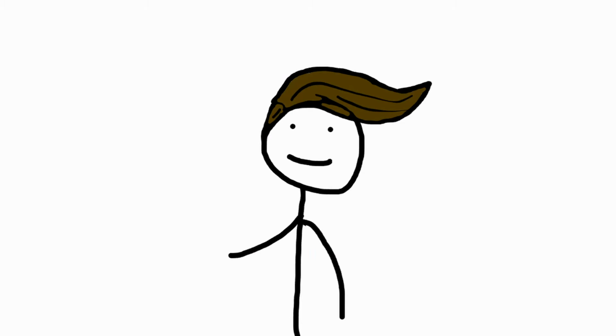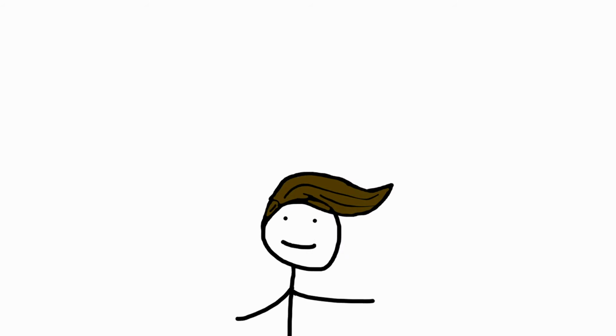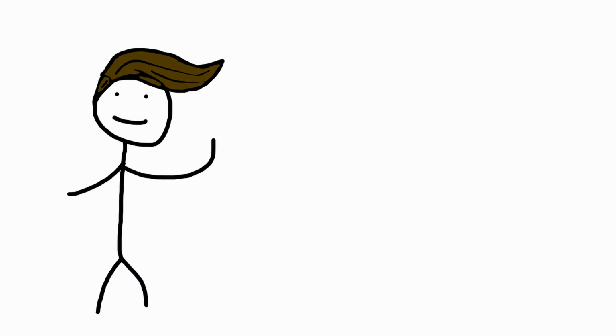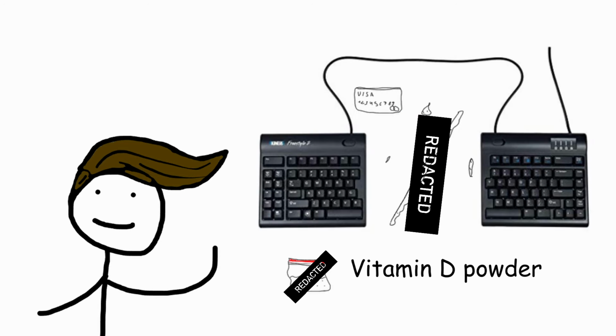Nevertheless, I can't make a video about mechanical keyboards without talking about ergonomics. Ergonomics is a rabbit hole in itself, but most of the people that take it very seriously can help themselves from risking carpal tunnel syndrome, RSI, and getting a girlfriend. The main ways people make their keyboards more ergonomic is by using a split keyboard, which allows each hand to have a more comfortable individual position, plus it allows you to keep a drink or chosen recreational substance in close